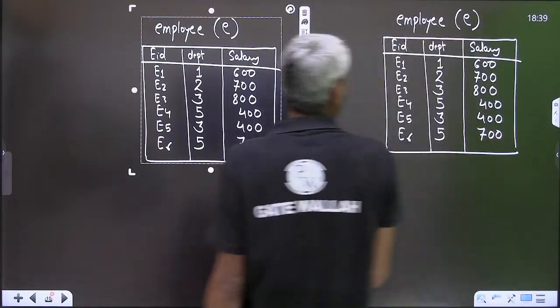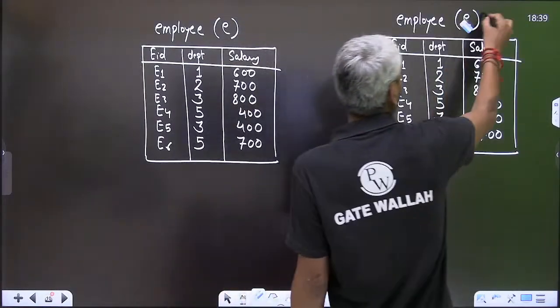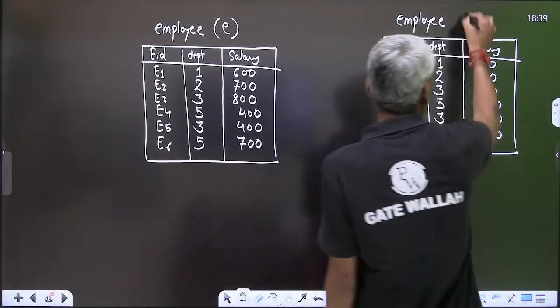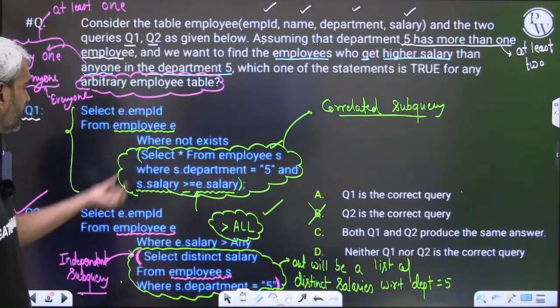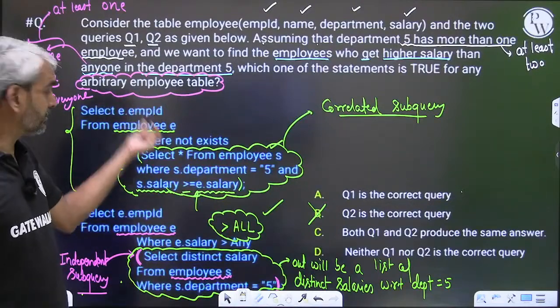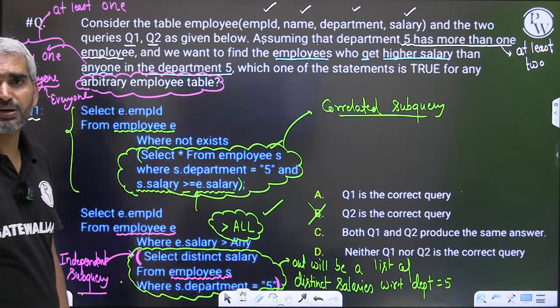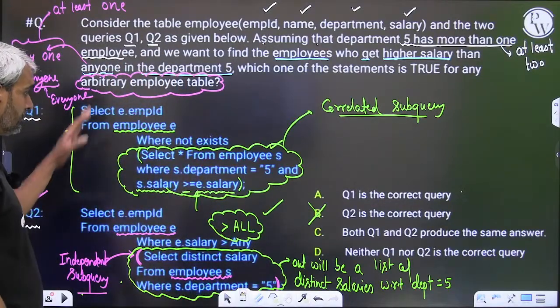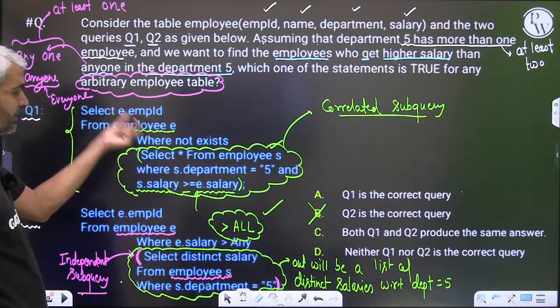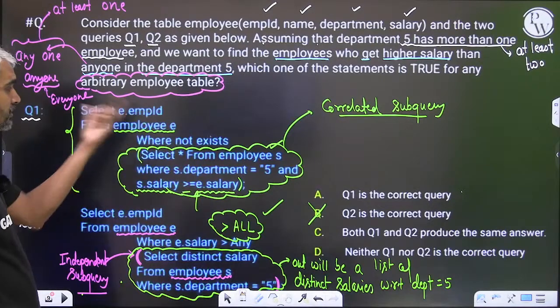So these are two instances, or these are two aliases of the employee table. One is E, so this alias E is with respect to the outer relation. Alias S is with respect to the inner relation. Now what will happen? We can understand this particular query will execute tuple by tuple with respect to tuple